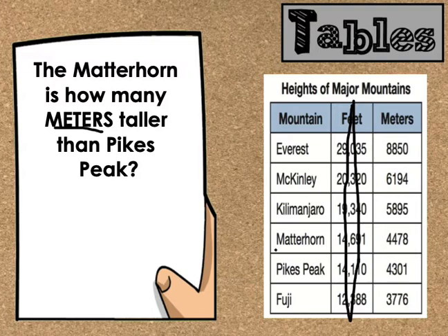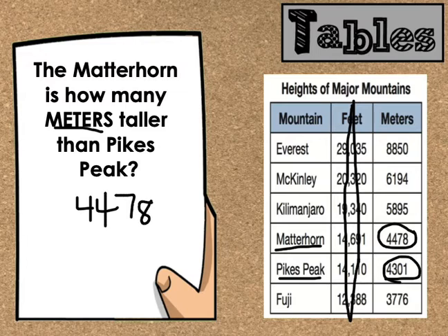So we need to find Matterhorn, which is here, and it's 4,478 meters. Pikes Peak is 4,301 meters. So we need to subtract because we're trying to find out how much taller Matterhorn is than Pikes Peak. So if we do 4,478 minus 4,301,